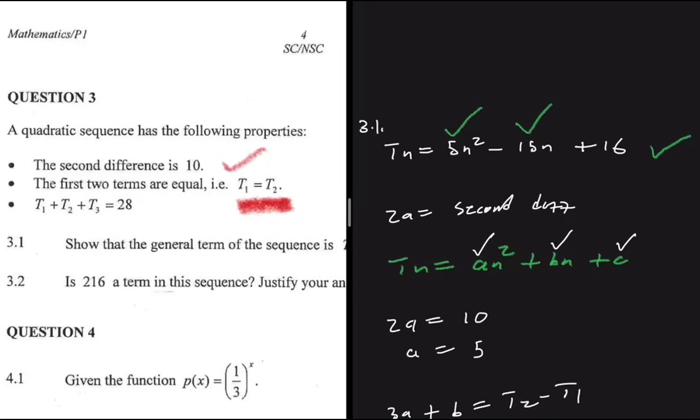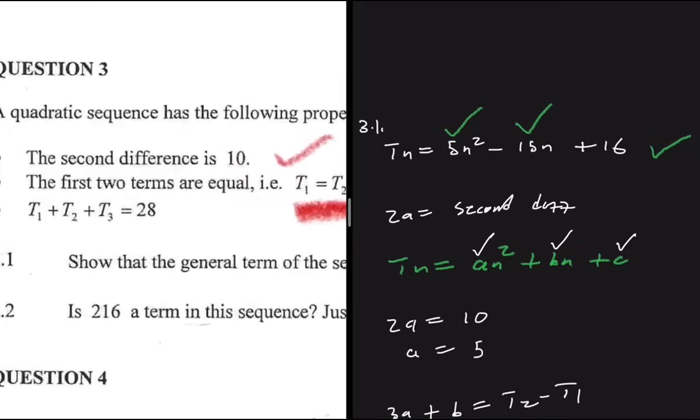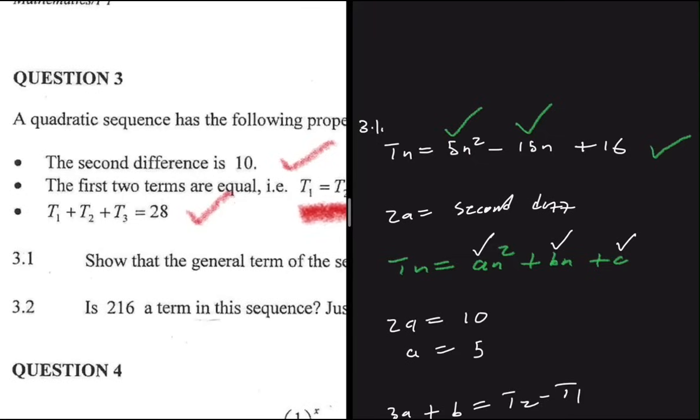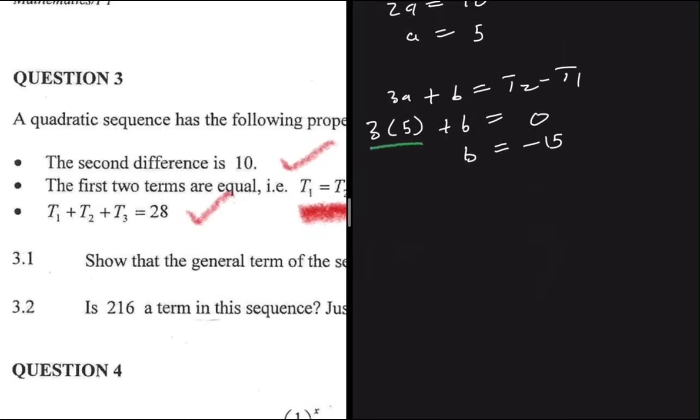Which is going to be a bit tricky, but we're going to use the third bullet point that says t1 plus t2 plus t3 is equals to 28. So let's go ahead and see how we can do that. So we have t1 plus t2 plus t3 being equals to 28, right? So t1 of a quadratic sequence will be equals to a plus b plus c,